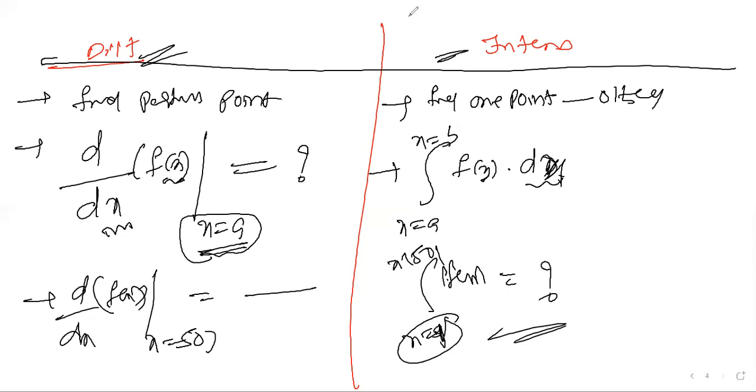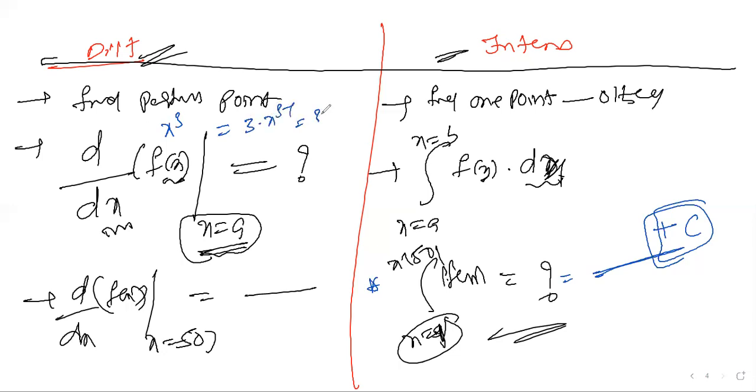Next, one more important point in integration: after getting the answer, we write plus c. For example, when doing differentiation of x cube, you write n times x power n minus 1, so you get 3x square. Am I clear? Yes, sir. Similarly, if we integrate something, I'll explain the formula. For example, integration of x cube dx is equal to x power 4 by 4. How you got it, I'll tell you. After getting the answer, we have to write plus c.